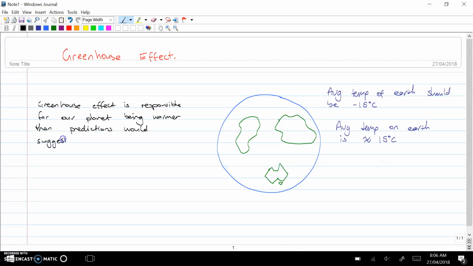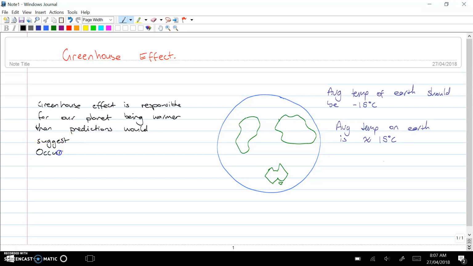And that is not necessarily a bad thing. If the planet was minus 15 degrees, we would have no liquid water anywhere and life just would not have taken off here. So the natural greenhouse effect is actually very beneficial for life on this planet. It's responsible for the planet being warmer than the predictions would suggest,